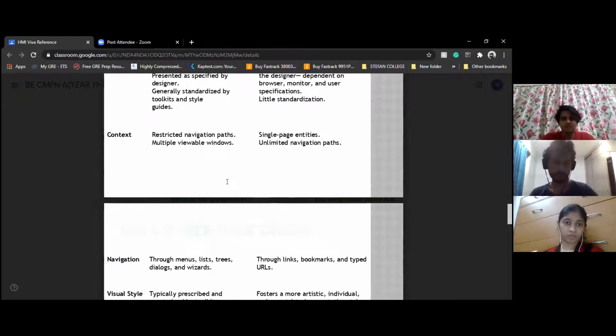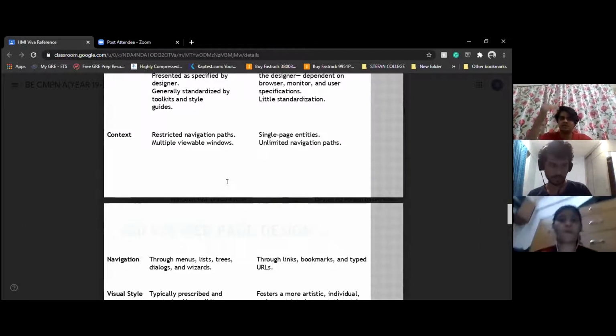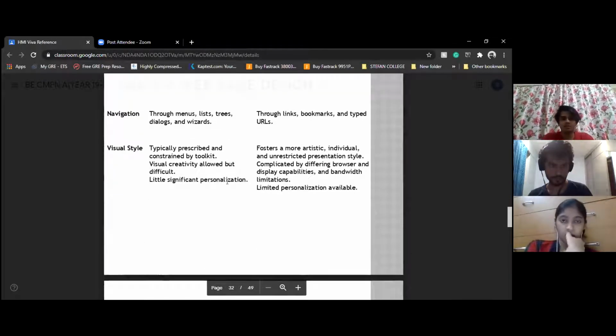Context restricted navigation paths, multiple viewable windows. So in a GUI app, there'll be restricted content, so there'll be restricted navigation paths to that content. Whereas in a web browser, you can have basically unlimited navigation paths and a single page entity, that is, one website at a time. Navigation through list menus, same thing. Visual style is typically prescribed as a function of